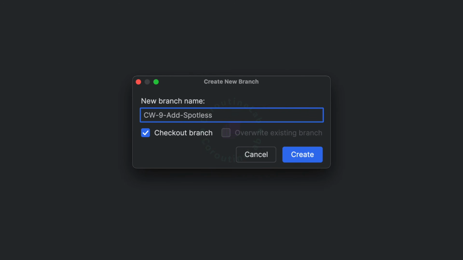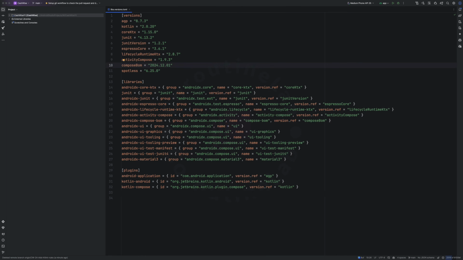We'll start by creating a new branch from the main branch named CW9 add Spotless. To set up Spotless, open the libs.versions.toml file. Add the Spotless version 6.25.0 under the versions reference block. In the plugins section, add the Spotless plugin entry. Next, open the